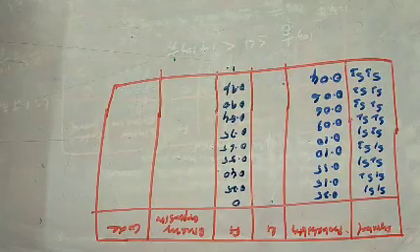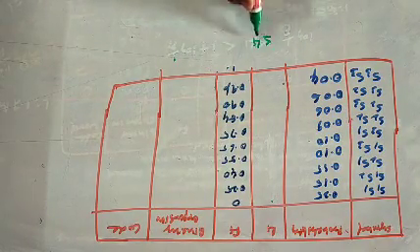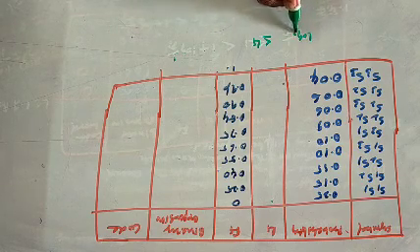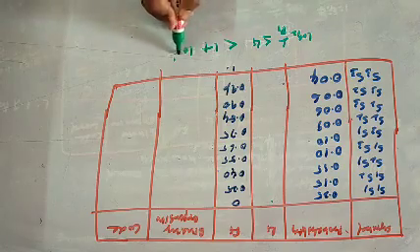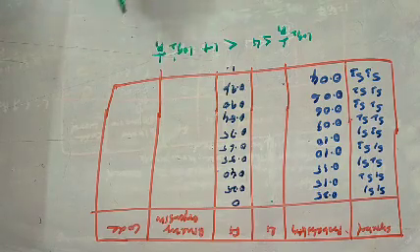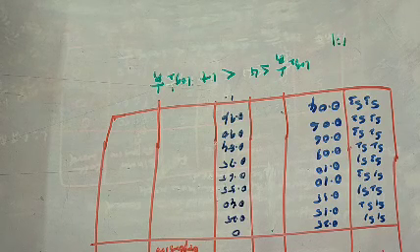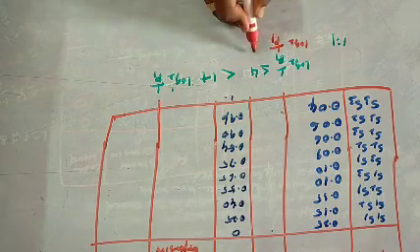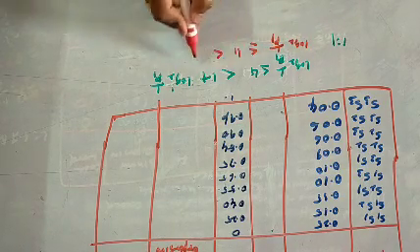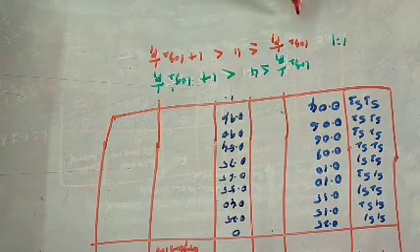To find the length of the code word, we have the formula: Li should be greater than or equal to log2(1/pi) and less than 1 + log2(1/pi). This is the formula. For i equal to 1, we'll get log2(1/p1) less than or equal to L1 less than 1 + log2(1/p1). What is the value of p1?